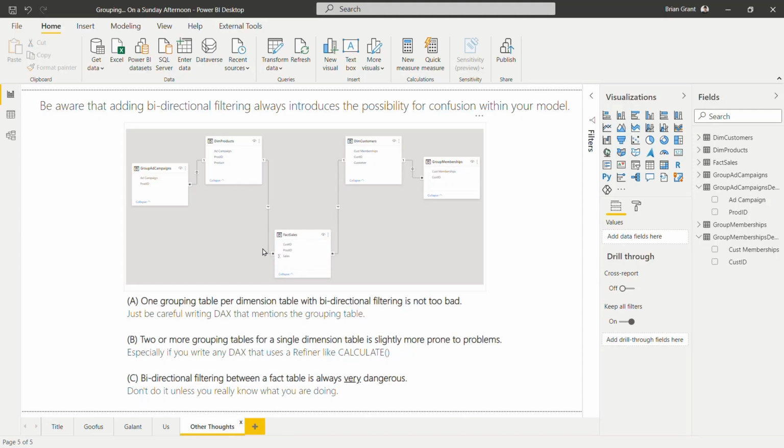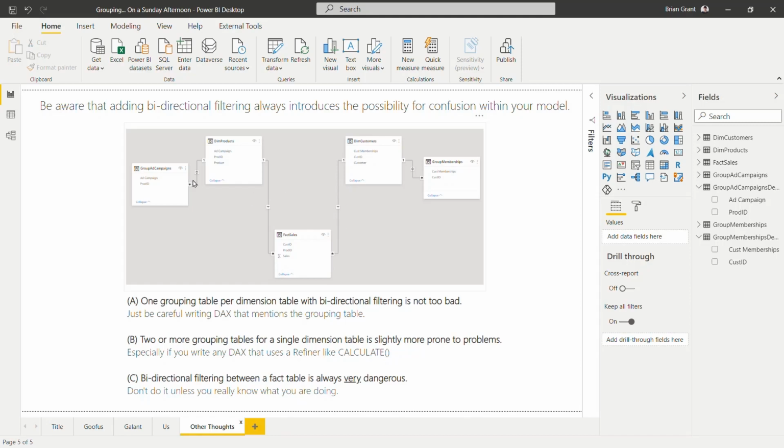As long as your fact tables are only connected with one-directional relationships, the confusion introduced tends to be isolated within the dimensions themselves, which tends to not be too big of a problem. Where you really get into trouble is when people turn bidirectional filtering on there, and then a filter up here will travel there, and there. And if there's filters here, they'll do the same thing, and it becomes very, very confusing. It's almost like a game of ping pong with the filters and how they work. It becomes very difficult to understand what's going on. But as long as you keep the relationships connected to the fact table as one-directional, you should be pretty good,